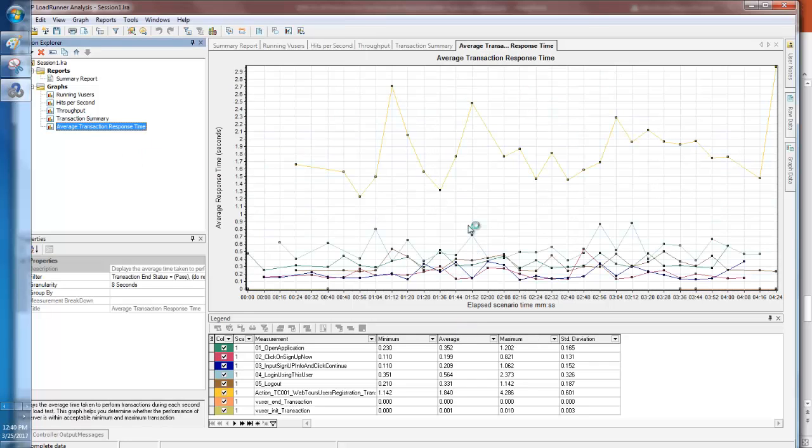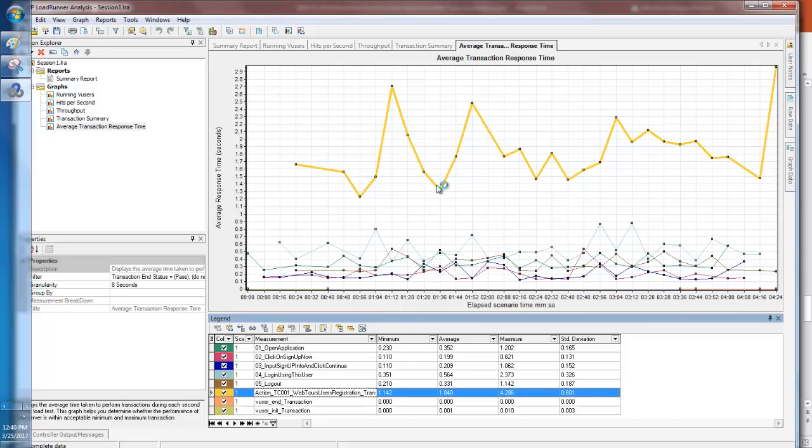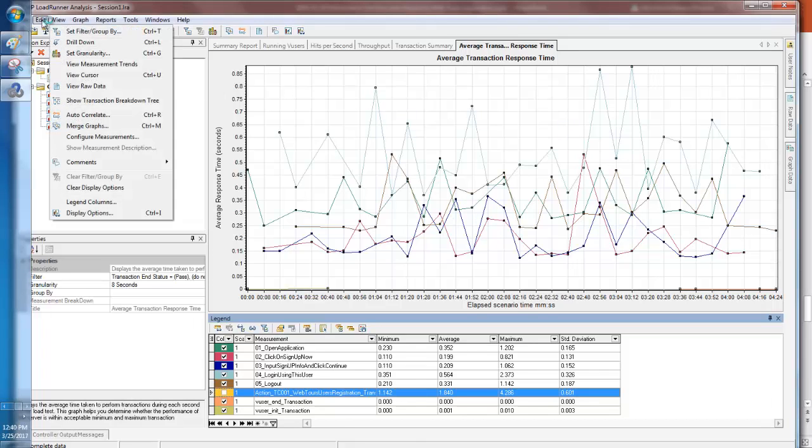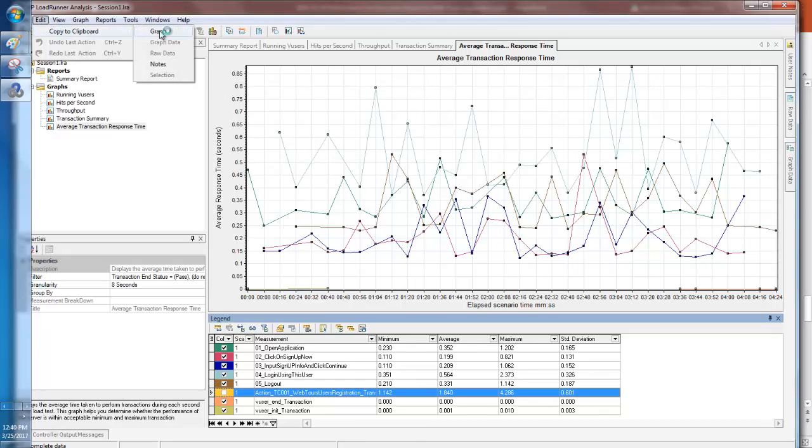So can you see this transaction response time? One of the transactions was taking too high. What is that transaction? This is actually your action. You do not want to keep it over there, because action is totally how much time it is taking. So I remove that. Now if you take a screenshot or if you view, actually edit, copy to clipboard, graph,